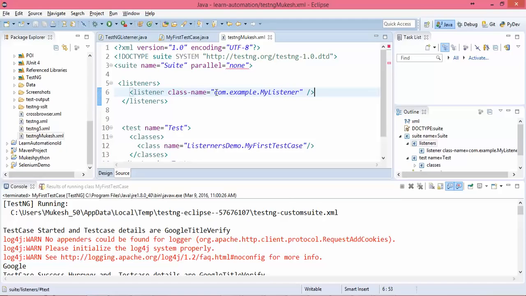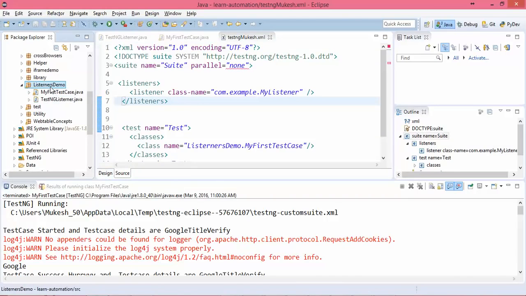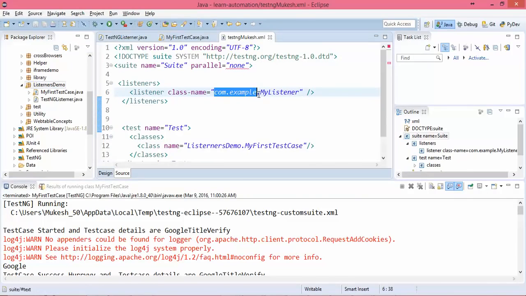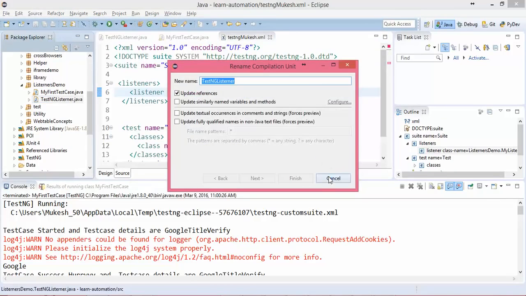And here it is asking me to give the package and the listener's name. If you scroll up, what is the package name? Listeners demo. So I will simply copy the package name, listeners demo, and our listener name is TestNG listener.